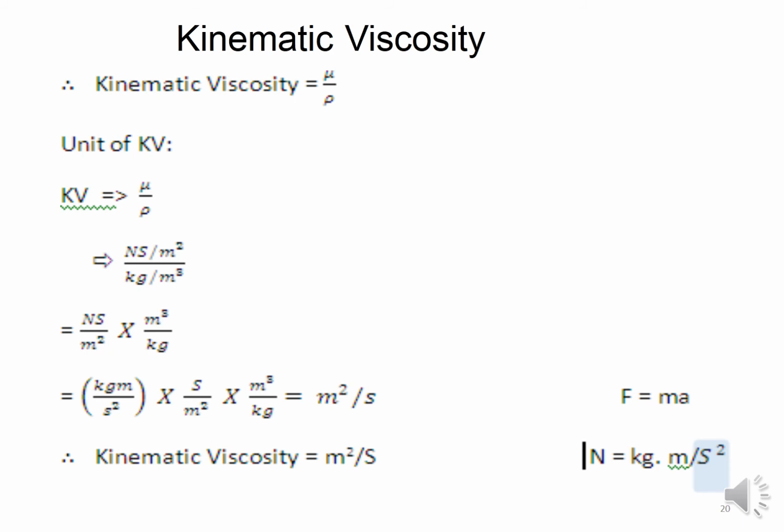So kinematic viscosity, you can see, is mu by rho. The kinematic viscosity unit comes in terms of meter square per second. You just substitute all this. The unit of mu is Newton second per meter square. The unit of density is kg per meter cube. So meter cube by meter square, that is 1 meter will be left, and Newton second you convert to kg per meter square. Everything systematically it is given. So it just comes to be meter square per second.